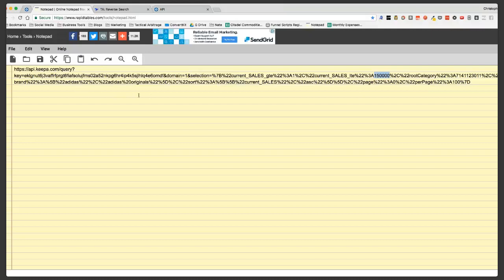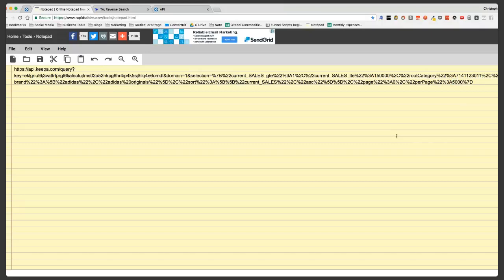We go a little bit further, and down here, we're going to see a per page instruction. Now, currently it says 100. That is how many we're showing in the product finder on Keepa. I'm going to change this to 5,000. All right.